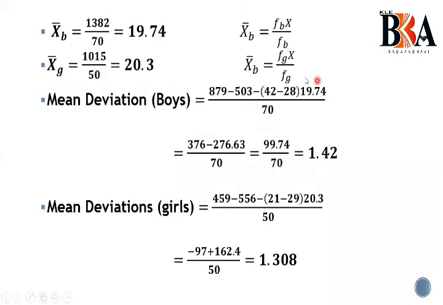So when you get this, you already got the mean, that is 19.7. So multiply it, get the division, and you have to remove that multiplication, minus maadi, then finally divide with the total. You will get 99.74 divided by 70, and when you multiply and divide, ನಿಮಗೆ 1.42. So that will be your answer. ಅರ್ಥ ಆಗುತ್ತಲ್ವಾ? That is the thing.